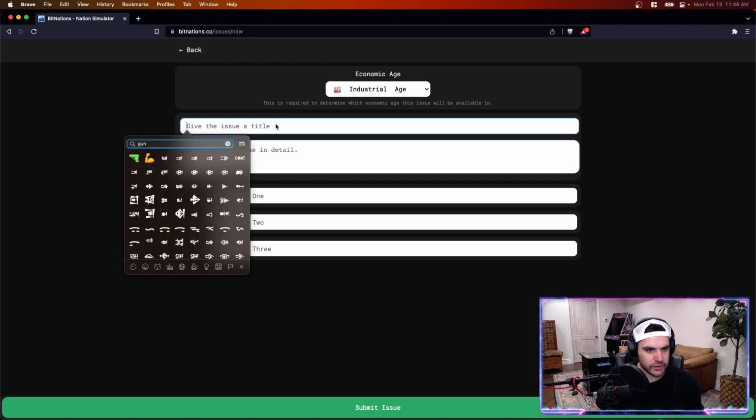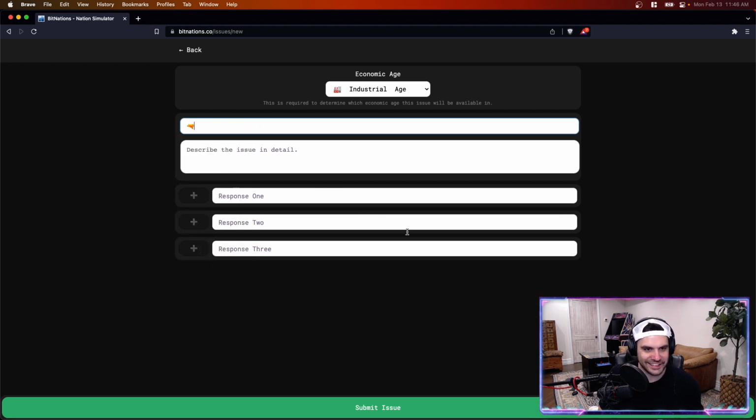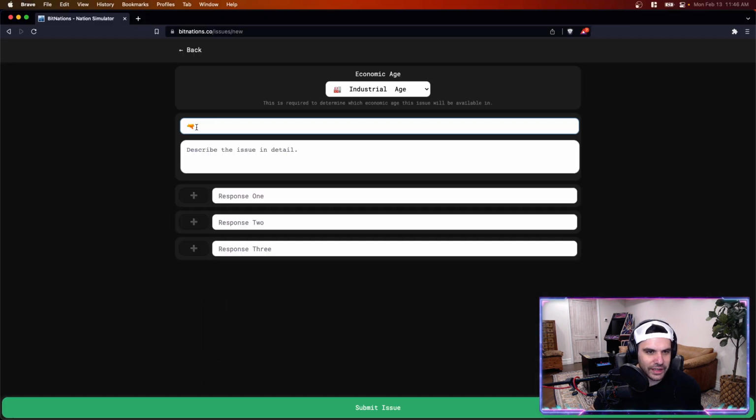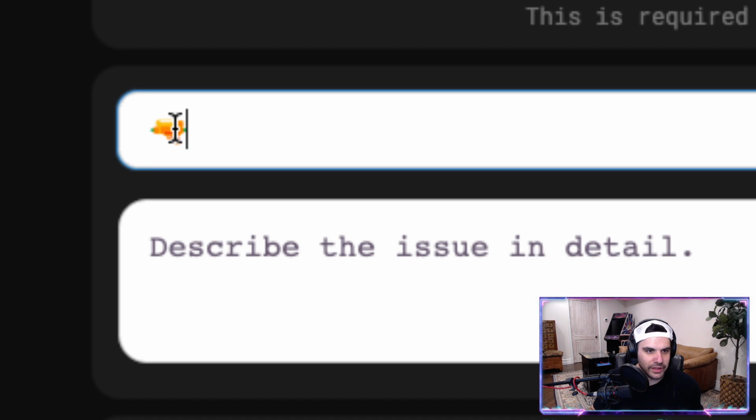Is there a gun emoji? It's like a squirt gun, right? Yep. Oh, I guess it's like a ray gun on the emoji library we use. Oh, it's like a squirt gun. It's like a different kind of squirt gun. It's actually a better squirt gun. Anyway,